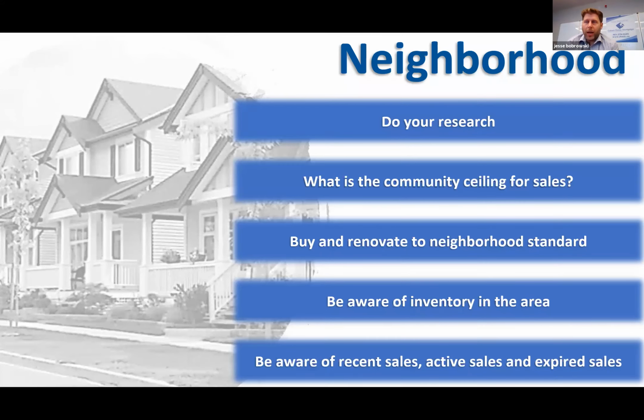We always talk about creating a great team around you with realtors, mortgage brokers, tradespeople, wholesalers, project managers. Creating that team is critical to your success, and that team will fluctuate as your business evolves and matures. But regardless, in order to be truly successful, you need to take ownership of the process. So when we talk about doing your research, there's a lot of great information out there through